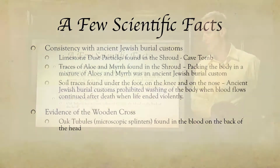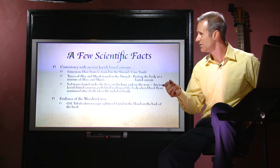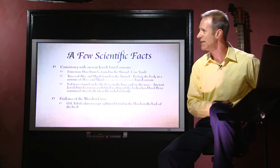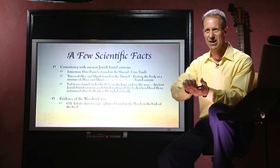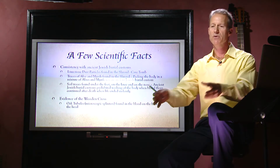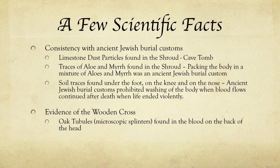And we know from tradition that limestone caves, the soft limestone was dug out to build burial tombs, cave tombs for the people. And the Jewish custom was to leave the body in there for a year, but Jesus only needed it for 3 days, so that the body would decompose while in that cave, and then the bones would either be moved to an ossuary or they would be moved over to the side and make room on that slab for another body. There are traces of aloe and myrrh found within the cloth, and we know the Jewish